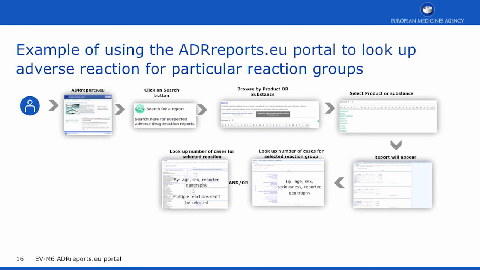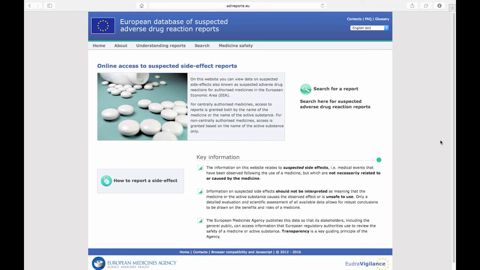A patient using the portal may wish to assess whether there are records of previous instances of a reaction in patients treated with a specific product. For example, if there have been reports of patients developing a specific symptom after being treated with a specific drug. To achieve this, first access the ADRreports.eu portal. After clicking on the search button,